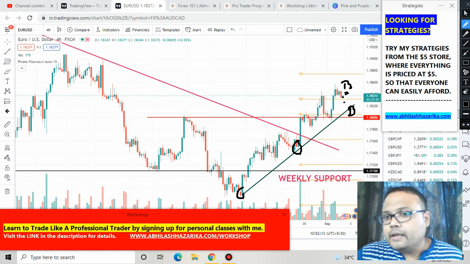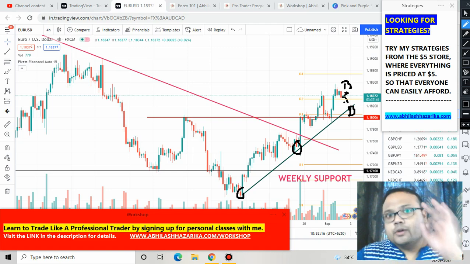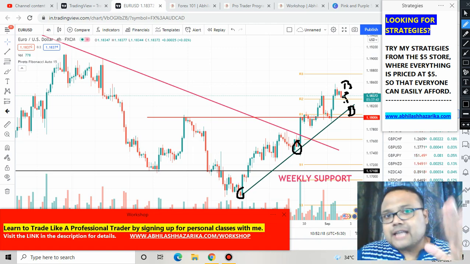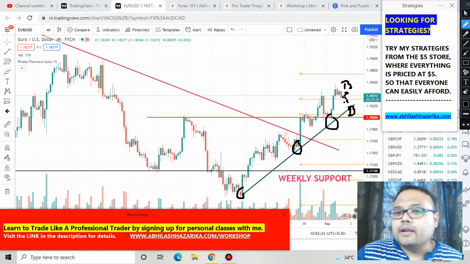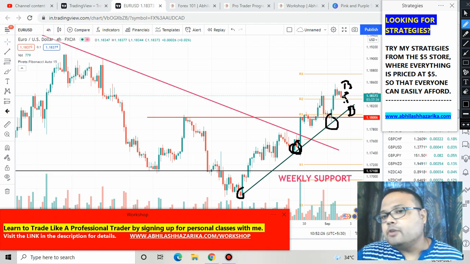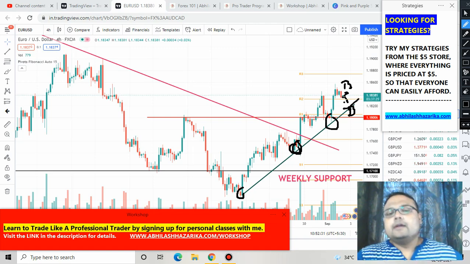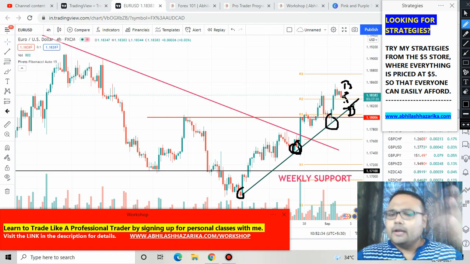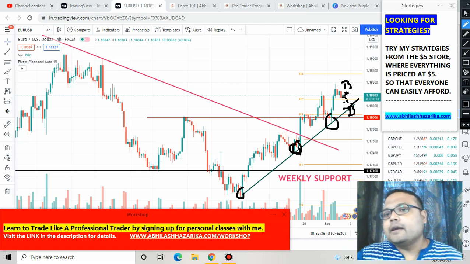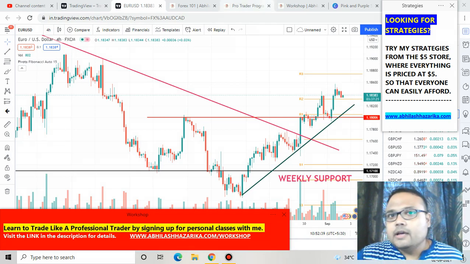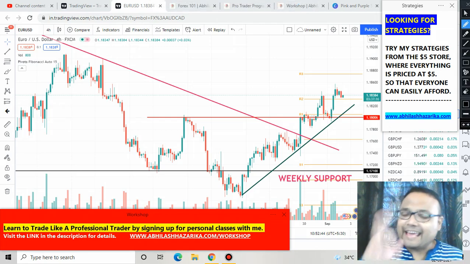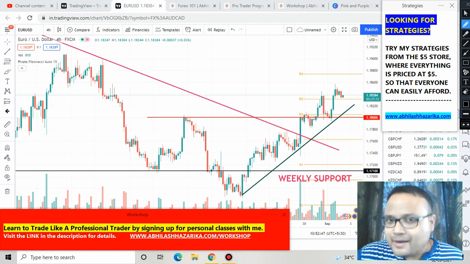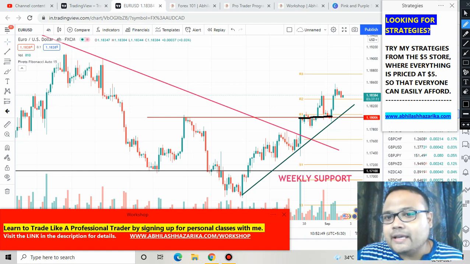When the market hits this trend line, just wait and watch and see how the price is reacting. If you see that, just like previous times, the market is bouncing from the trend line, you can see that whenever the market came to the trend line, it immediately bounced. So if you see the market bouncing from the trend line immediately, then easily you can go for buy. On the other hand, if the market crosses the trend line, listen to me carefully, then obviously you will not be buying, but again you will not sell either, because if the market crosses the trend line, then you can hope that the market will be taking support at this red line